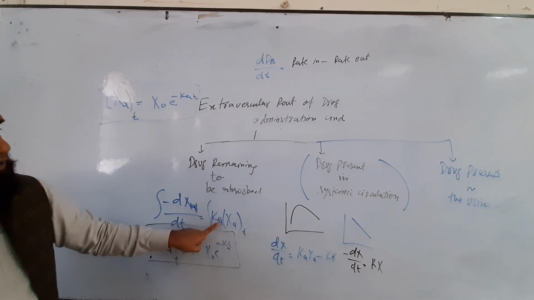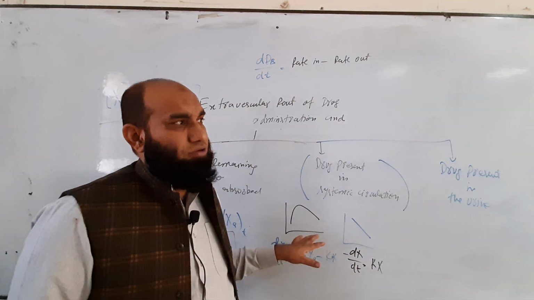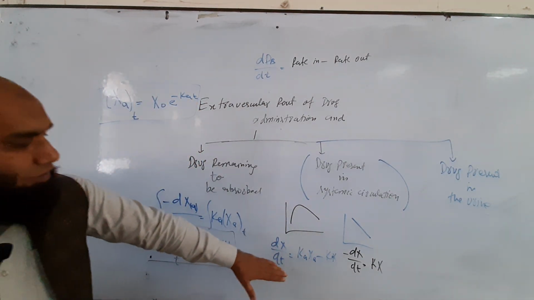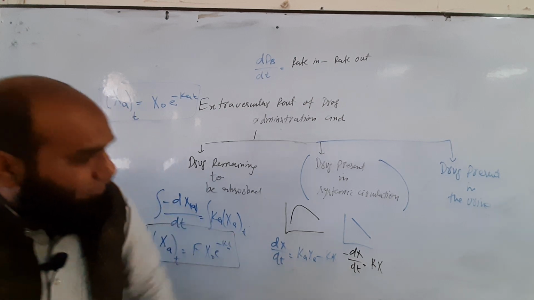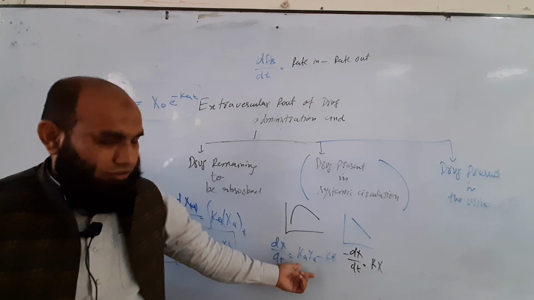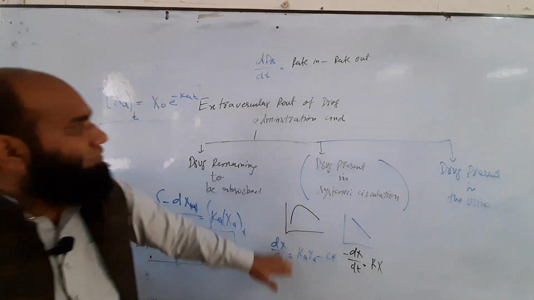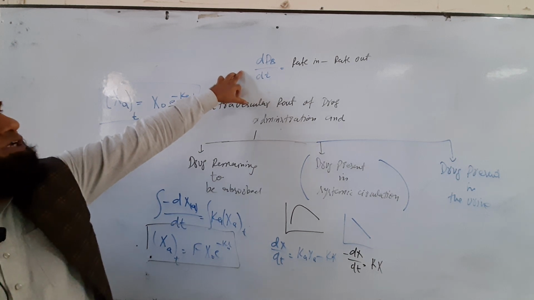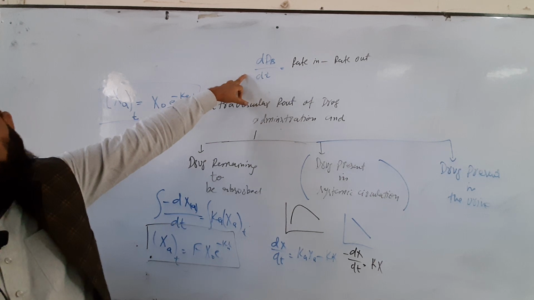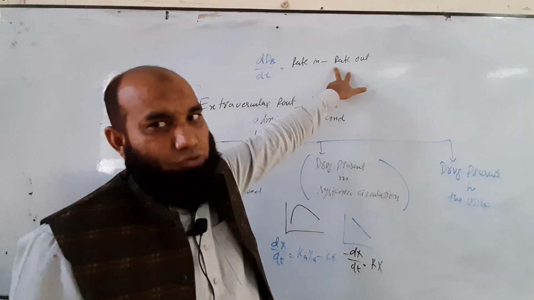When we are moving towards another concept, the extravascular route, we will assume that there is some change of the rate, Ka minus K. It means we have an absorption rate constant and also the elimination rate constant. The same wording is used in different books where we have the change in the concentration with respect to time in the blood. There are two basic ideas: one is rate in and rate out.